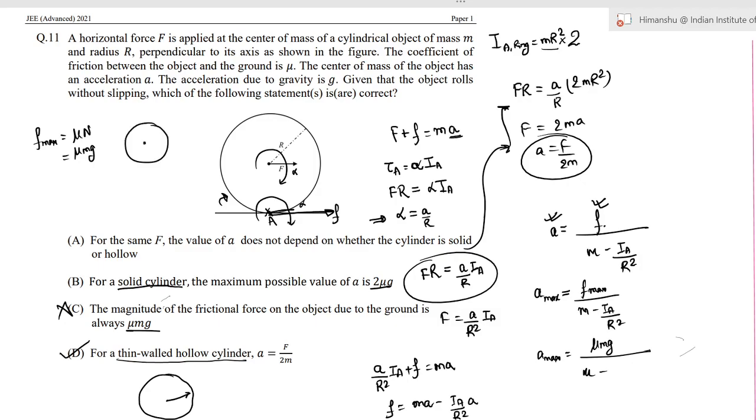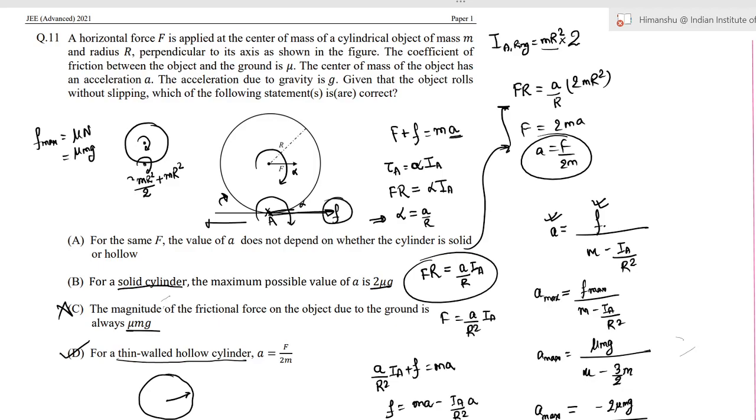So it would be mu mg by m minus, what will be the I for a solid cylinder? For a solid cylinder, the moment of inertia about the principal axis would be mr square by 2. So for this axis, the moment of inertia would be mr square by 2 plus mr square, which would be 3 by 2 mr square. So this will be 3 by 2 m, and we would get a max equals minus 2 mu g, and the minus sign simply shows that the friction would not act in this direction, rather